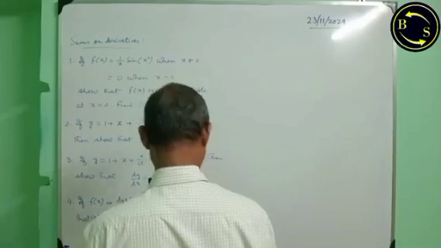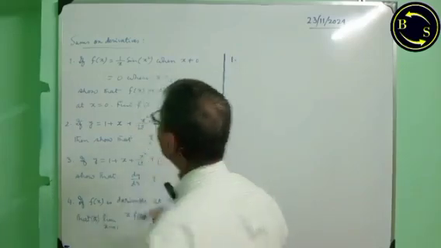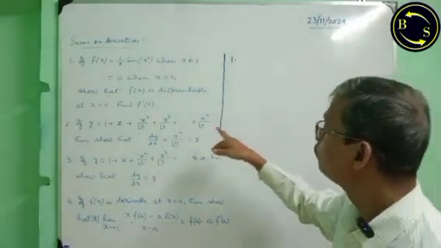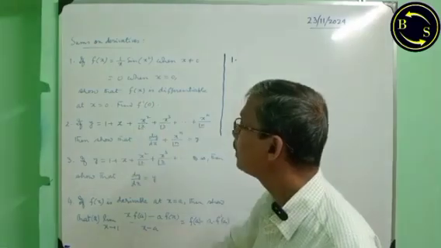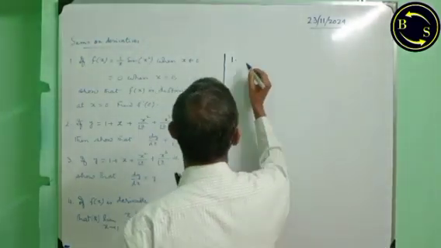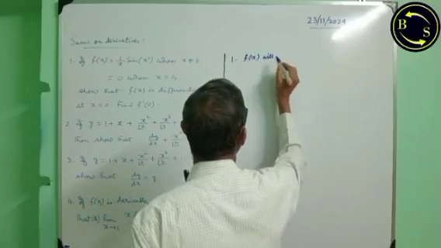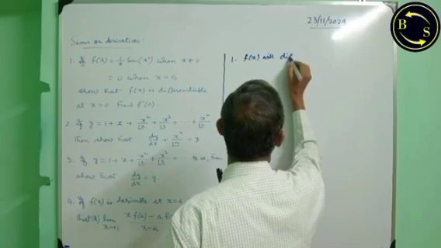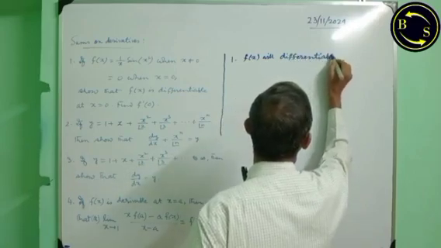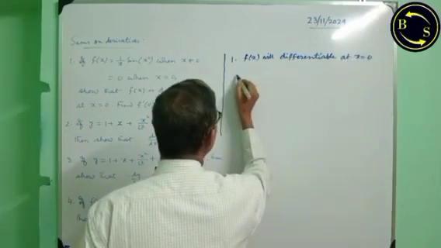First of all, number 1. f(x) is defined like this. We have to show that f(x) is differentiable at x equal to 0. First we write down the condition. f(x) will be differentiable at x equal to 0 if